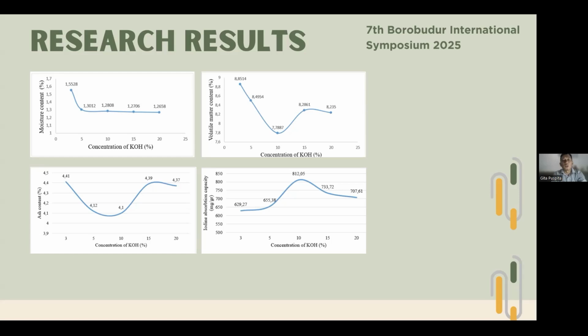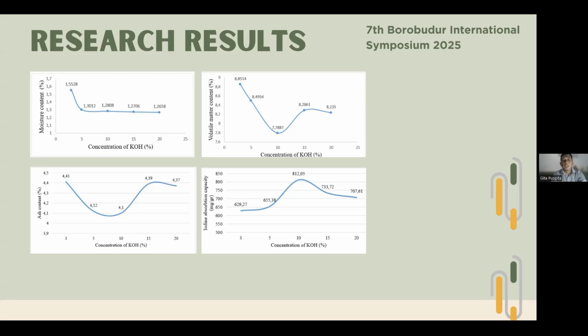The total moisture content of the activated carbon produced in this study met the Indonesian national standard, which sets a maximum limit of 15%. Now, ash content analysis aims to identify the metal oxide content of charcoal, which is composed of minerals that do not evaporate during the charring process. A high ash content leads to poorer absorption capacity. Thus, efforts are made to keep the ash content as low as possible so that the absorption process can be